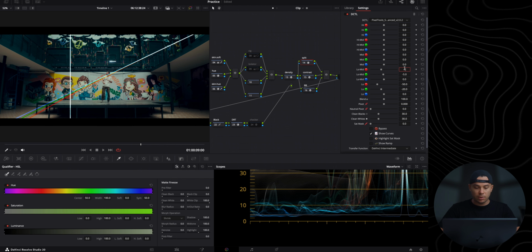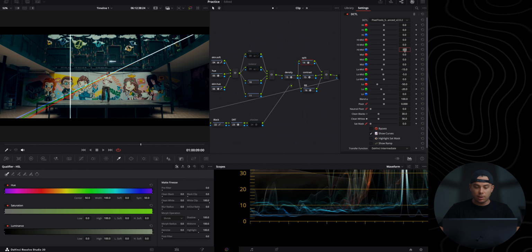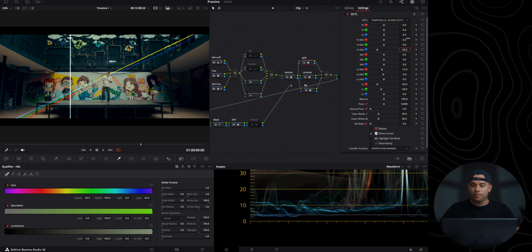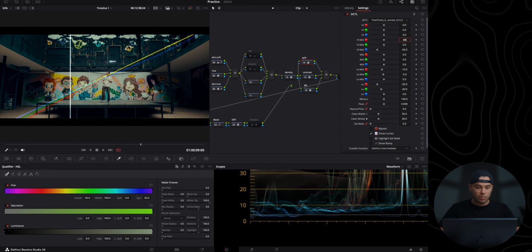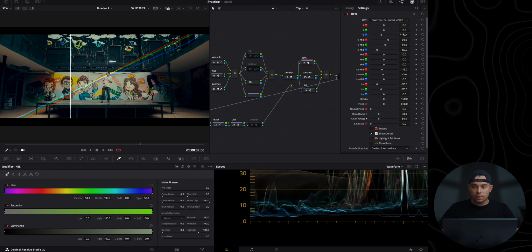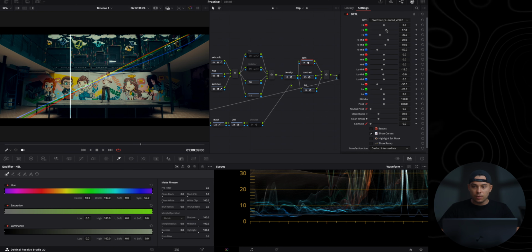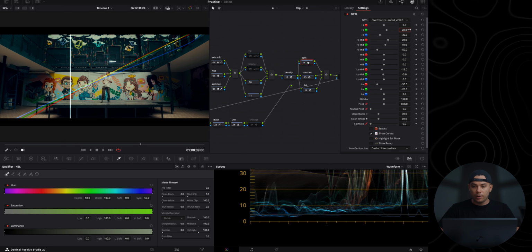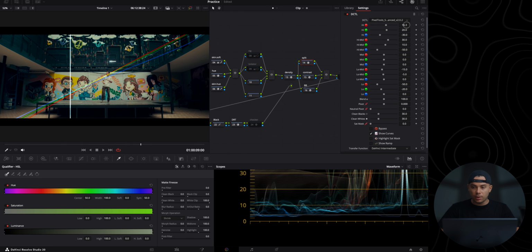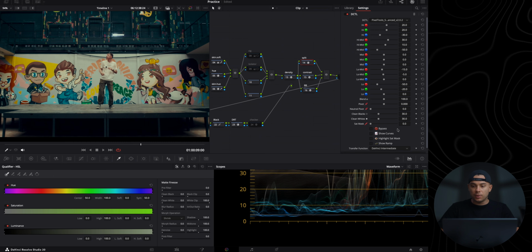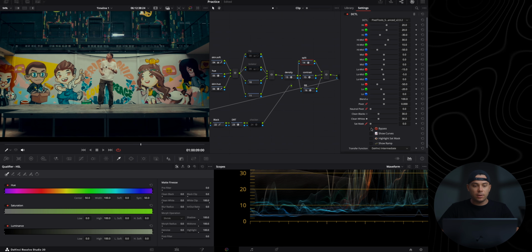Actually, it's a bit too strong, -15. And now I'm going to set this to like -50 to add a bit more warmth to the high midtones. And then I'm going to set this to about 30. So now I'm going to play with these highlights in here, like -30, and then add a bit more green to make the yellow a bit more golden, and add a bit more red at the same time. And that's basically it. Let me just zoom in to somewhere around here, do a before and after, before and